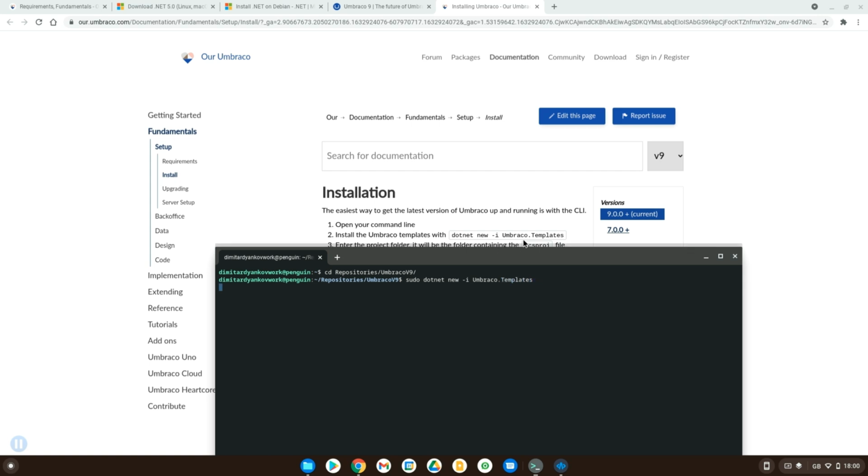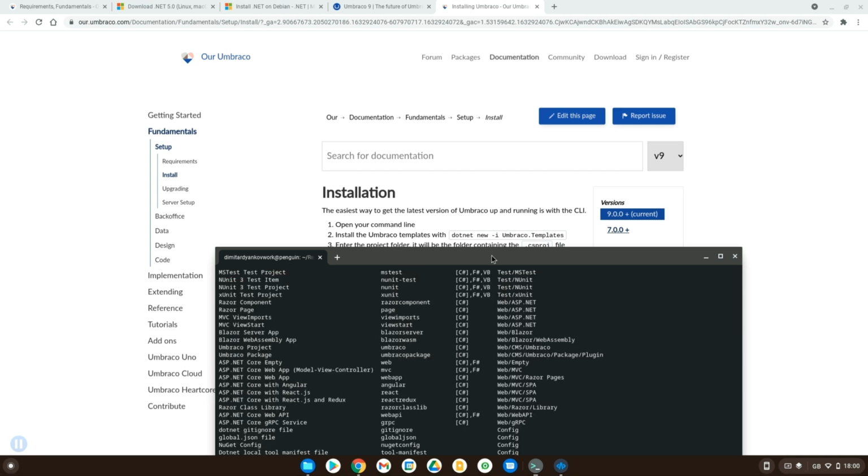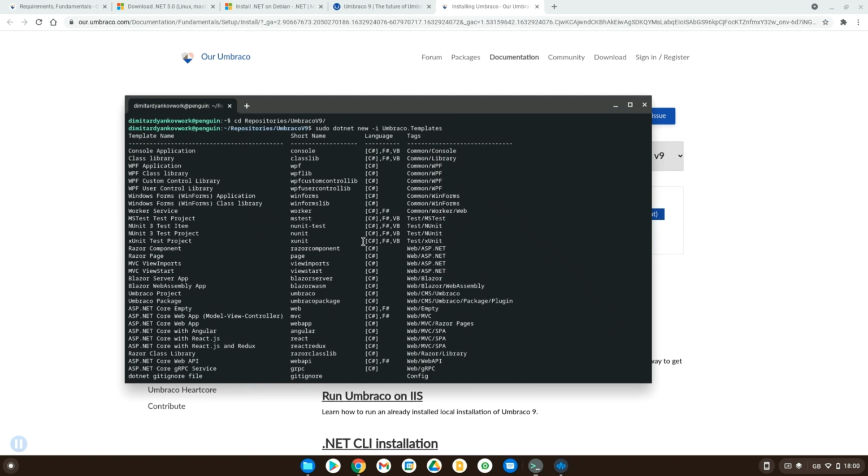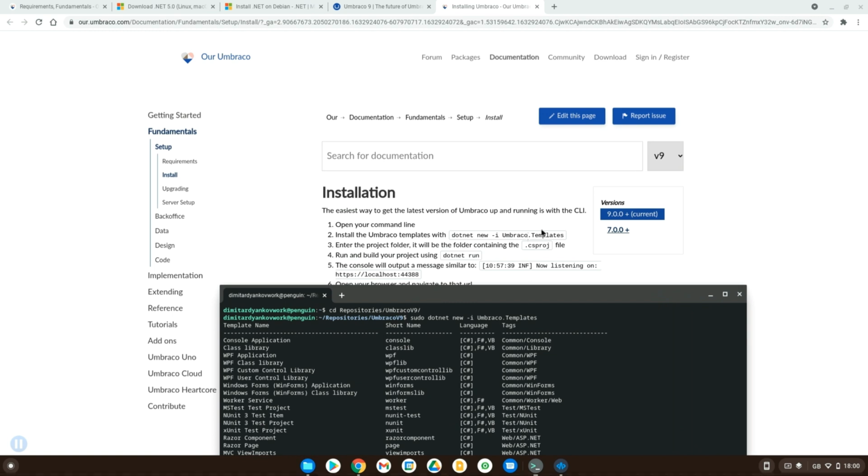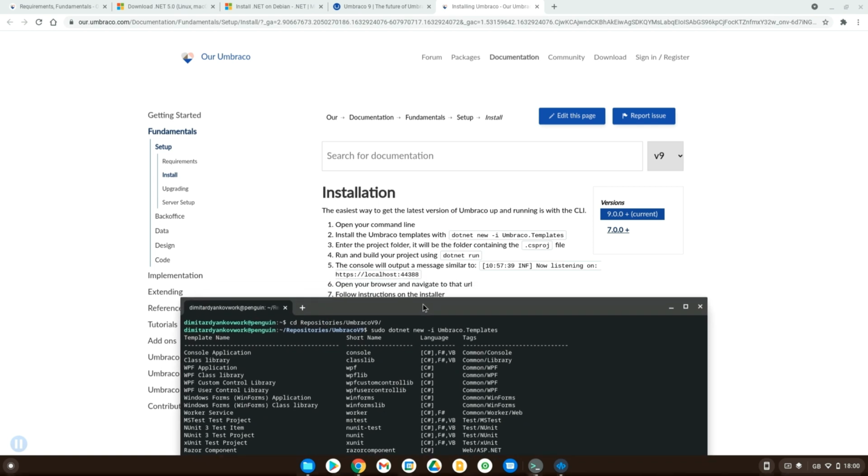If you're familiar with .NET Core, the way you create different projects is via dotnet new, and as you can see here, you have multiple different templates when you first install .NET Core, like console application, class library, MVC projects, stuff like that. What this first command tells you is to add the Umbraco templates for creating new projects. Now, what it skips here is it tells you to install the Umbraco templates, but it doesn't tell you to create a new project. So if you're new to .NET Core, you might